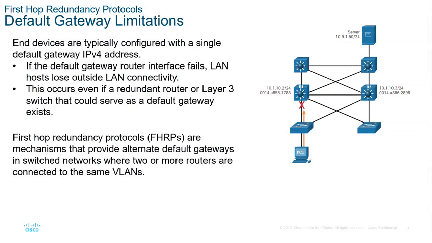So we need to look at the background first: every edge device is typically configured with a single default IPv4 address. If the default gateway router interface fails, then the LAN host loses outside LAN connectivity. This occurs even if a redundant router or layer 3 switch that could serve as default gateway does exist. So first hop redundancy protocol is a mechanism